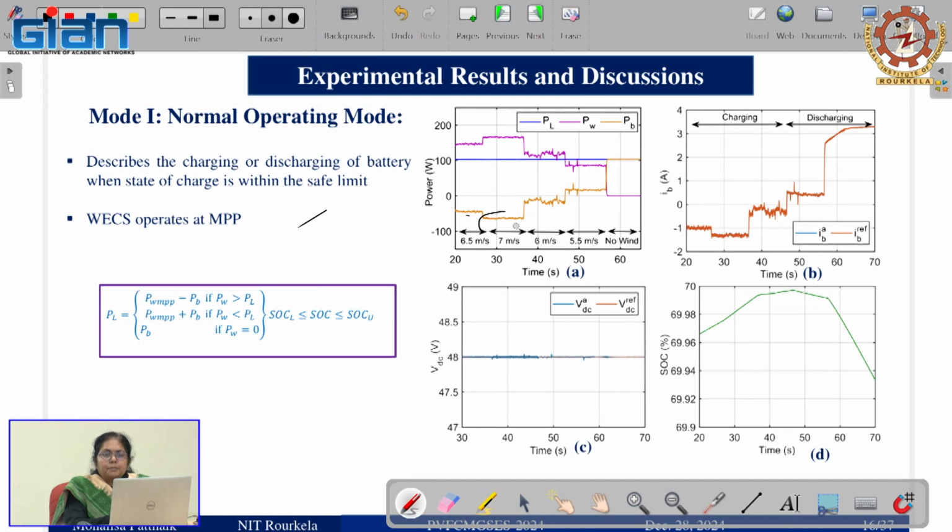So excess power is stored, and suddenly there is a constant load operation. Again, the wind speed is changed to 6 meters per second. So there is almost an ideal condition, meaning a floating condition. Whatever wind power there is, after supplying the converter losses, a little bit of power is going for battery charging. Then after that, the wind power is reduced further. So now the wind power generated is less than the load demand.